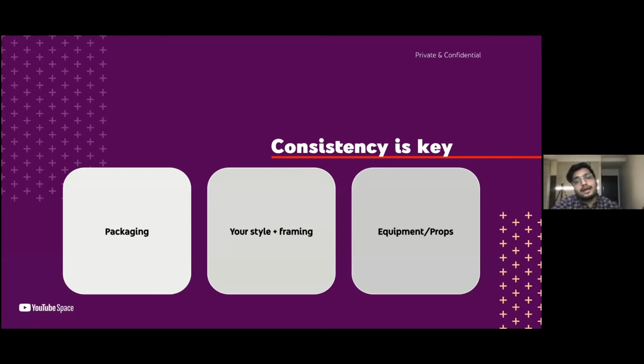So now, finally, the one point I want to make before we get into a little detail on considerations when filming for elections is remember that consistency is really key. Whether it's your packaging, your style, your framing, your equipment, your props, consistency can help your content become more identifiable